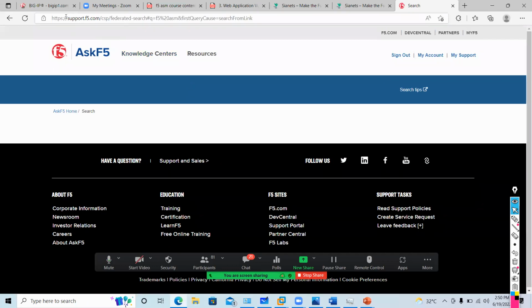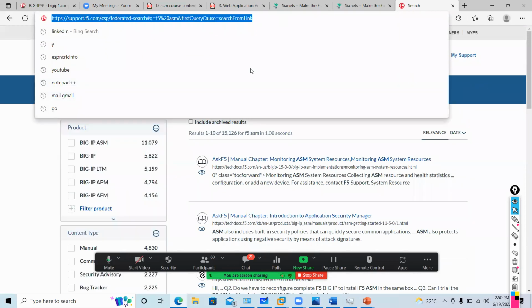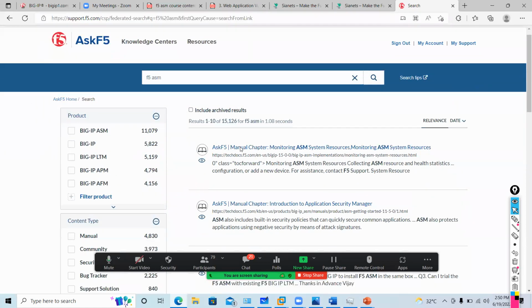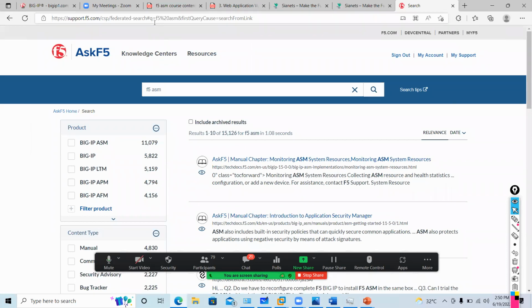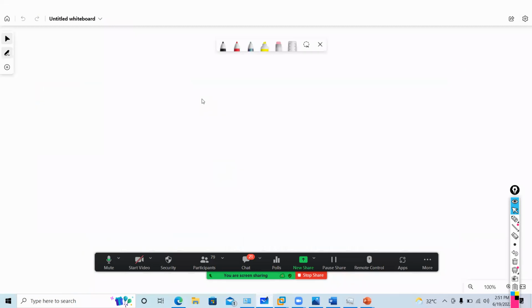Can you see, guys? Now it will give me all articles related to ASM. And what is the parameter here? This is my parameter. This is my URL, support.f5.com. This is my URI, and this is my parameter. So your whole URL becomes this.